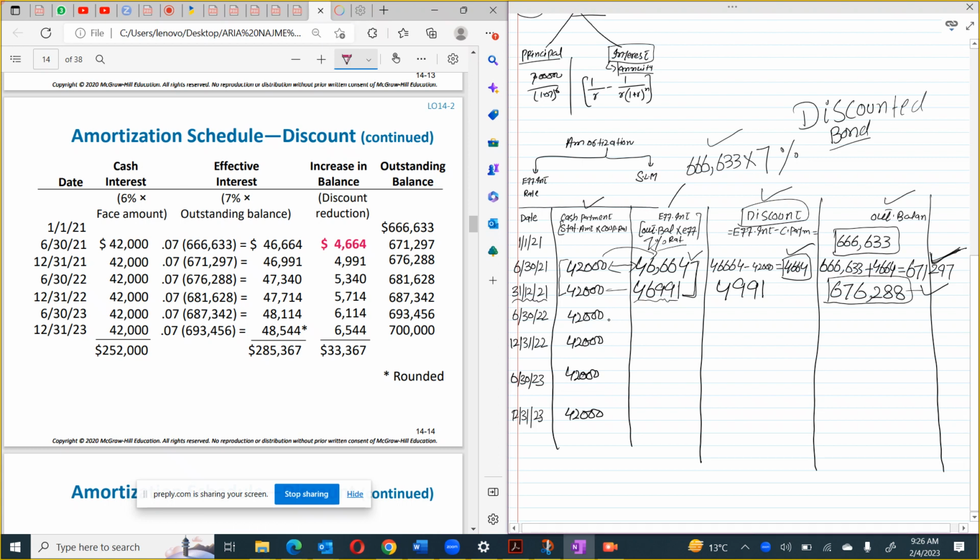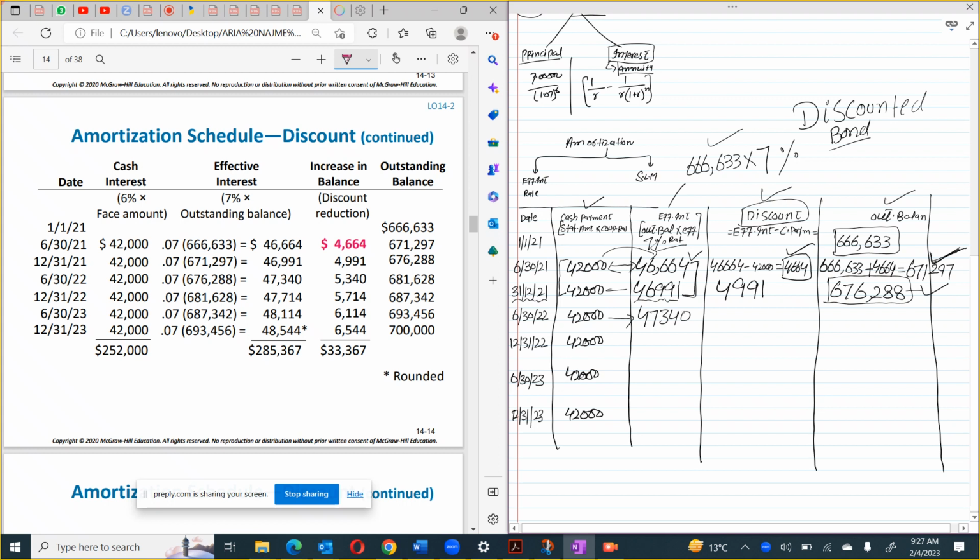So now tell me, how will I calculate the effective interest for 30th June 2022? So the outstanding balance multiplied by the effective rate of 7%. Yes, exactly. Effective interest rate multiplied by the last outstanding balance. So it is 676,288 multiplied by 7%. Good, exactly. So if you multiply this, the answer will be